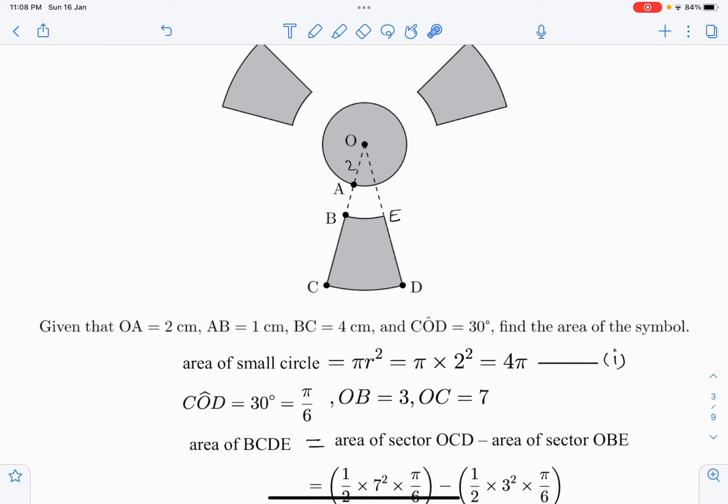OB, the radius of middle circle, and OC, the radius of largest circle. Why do I need that? Because I will have to find area of this sector and area of the whole sector. From area of this whole sector, I will have to subtract area of this middle sector. That will give me the area of this part, this shaded part. So please remember it. I'll find area of this sector. This is the sector, not a triangle. Then from that I will subtract area of this sector. Okay, that will give me the shaded area.